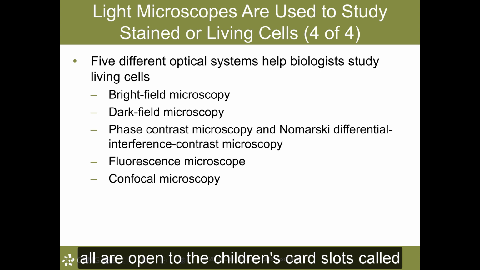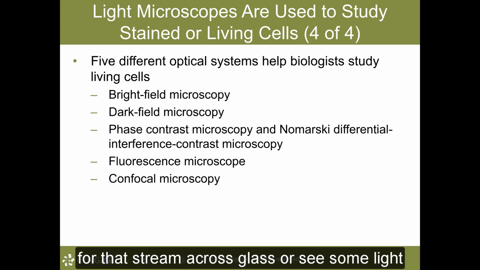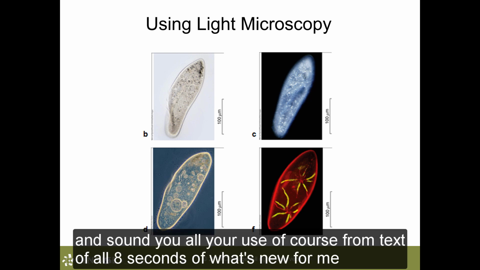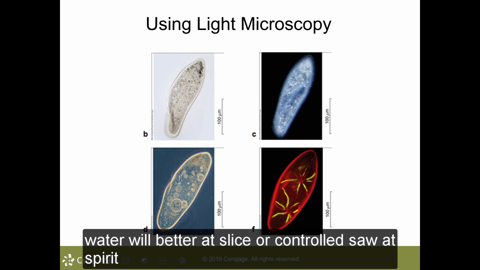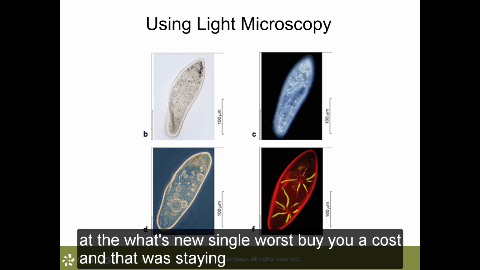I won't go through each of these types of microscopy. However, I'll do just a bit. So bright field microscopy, of course, using light. Shown to you here is, from your textbook on page 77, figure 4.3. Using a microscope, Robert Hooke looked at a thin slice of cork and drew what he saw. That's there at A, which you cannot see at the moment. At B, you're seeing bright field microscopy, which is just a stained image.